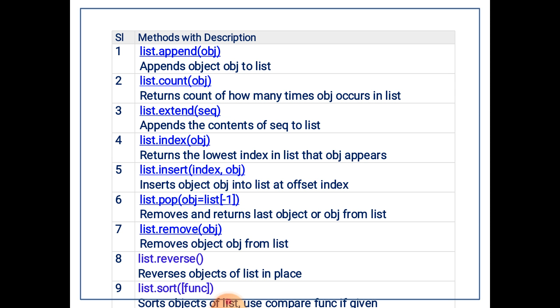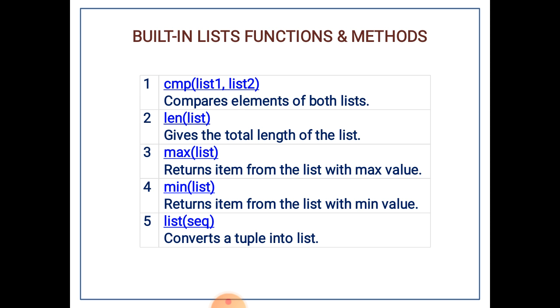So just have a look at all the things that we have learned here.